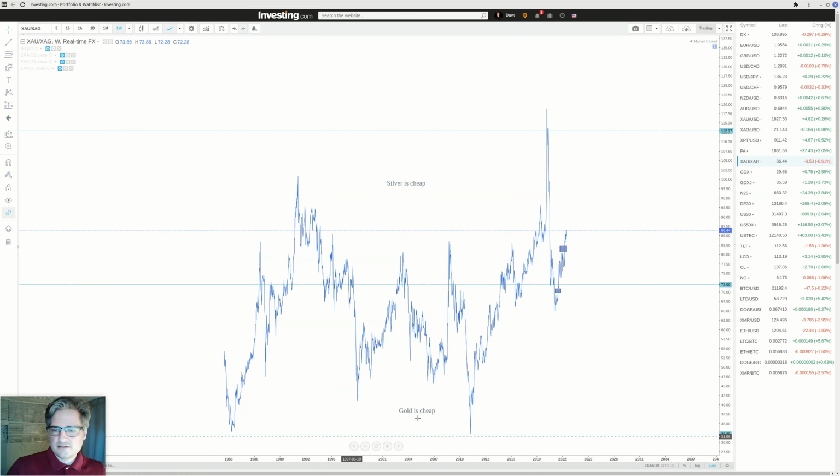So you can see that when the ratio is below here, then gold is cheap, and when the ratio is here, silver is cheap. So when the ratio was spiking higher here, I bought quite some silver,